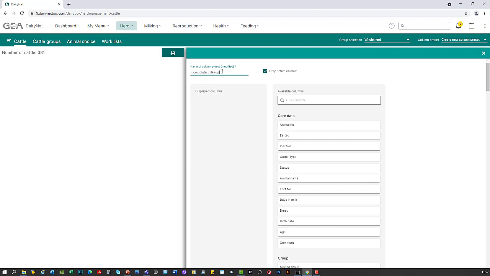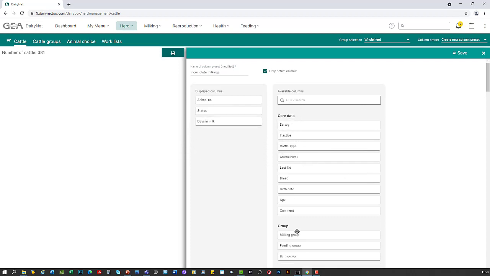Subsequently, the desired selection can be dragged from all available columns, which are sorted according to subject areas, into the area of the columns to be displayed using the drag and drop function. In this example, a column preset is created for the incomplete milkings. For doing this, the columns Animal Number, Status, Days in Milk, Milking Group,